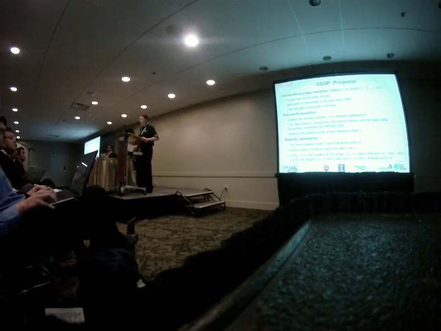And so the proposal is to select edge weights at random on the current graph, perhaps from some small set like the integers from 1 to 32, and to run single source shortest path on this graph. So there's a lot of